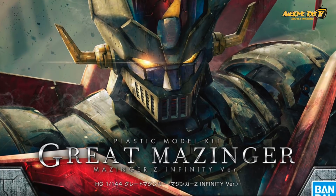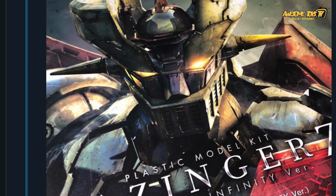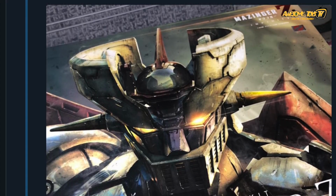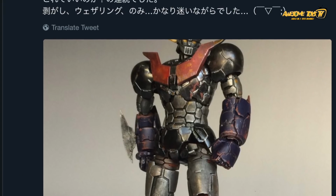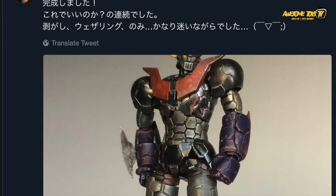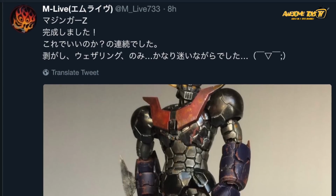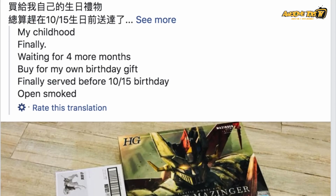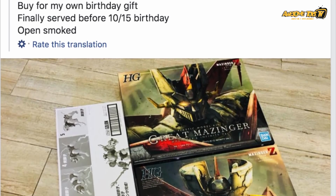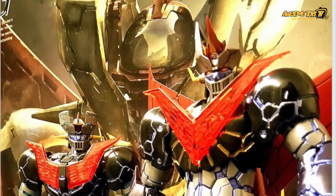Almost every single Gunpla store that we've been to, and even online stores that sell model kits and Gunpla kits, have all sold out of the Mazinger. Both versions. It is quite surprising that, at least in Malaysia alone, most of the stores have sold out. And I don't think it's an issue of the stores not taking a lot of stock, but I think the demand was unexpected. A lot of people didn't expect buyers to actually buy the Great Mazinger and also the